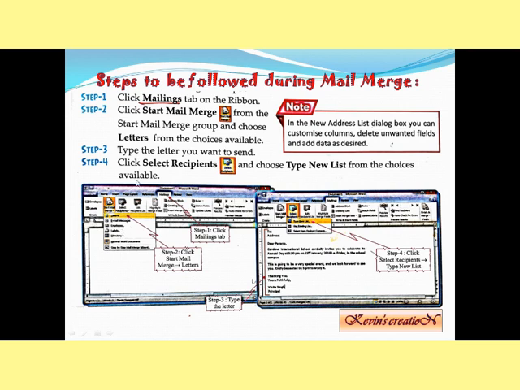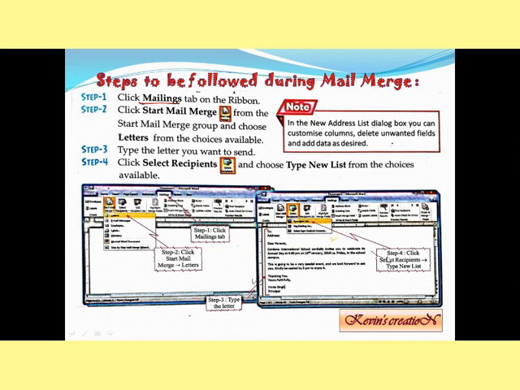So here we are going to send a letter. Now we type the letter which we want to send. So this is the main letter, or main document, we are typing it. Now here if you see, after "To" it is blank, after address it is blank. That means there you have to merge the name and address.